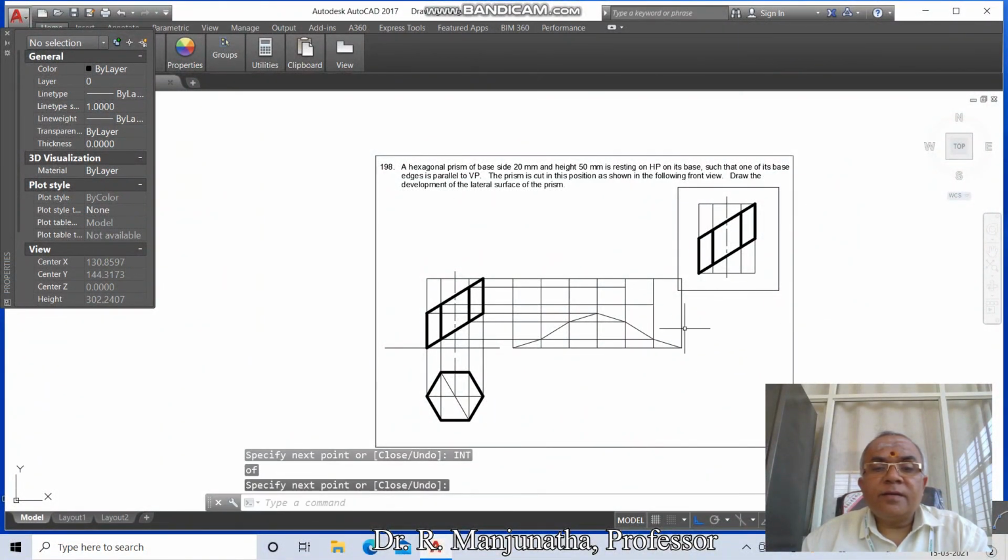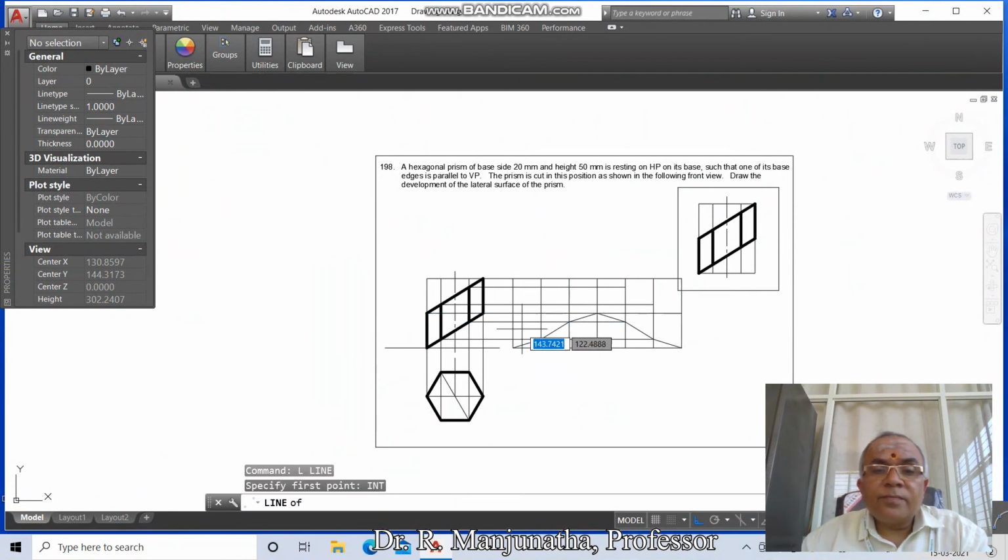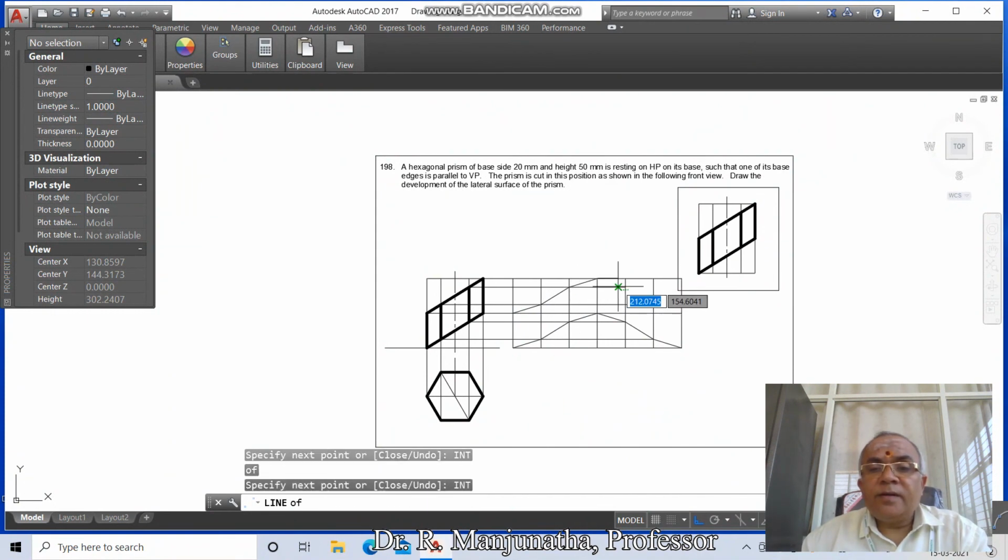Then here, if this is the condition, then it will go till here, extend this line till here. Then go to line, take int of this, then take intersection point of this, then int of this, then int of this, then int of this, then int of this, and then int of this.